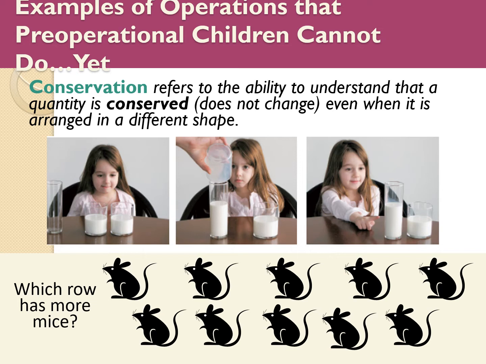So if you drop 10 M&Ms and they cover a wider space than the 10 M&Ms you drop for the other child, which cover a smaller space, the child will automatically think that you have a favorite child because one got more M&Ms. Just like the picture, notice how those little mice are separated on the top compared to the bottom. They will automatically think the ones that are separated have more mice, rather than counting them out and recognizing that they are the same.